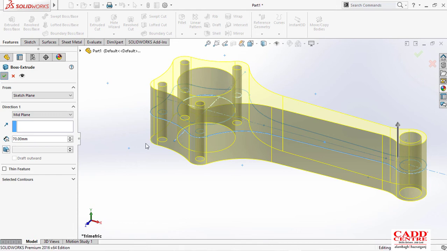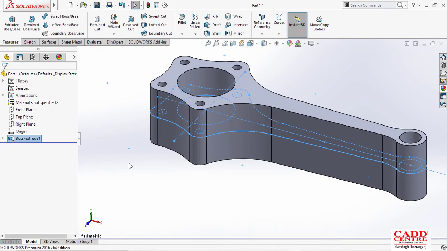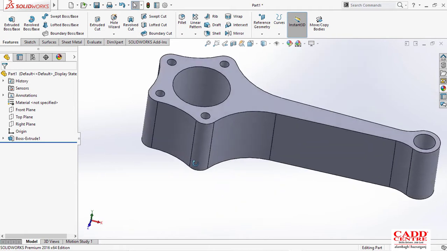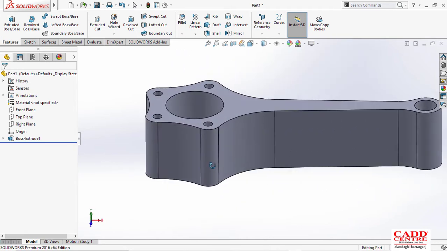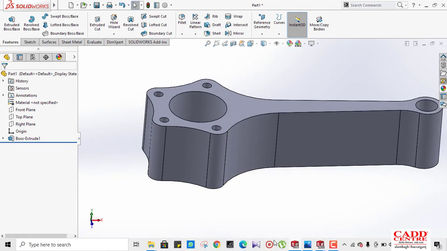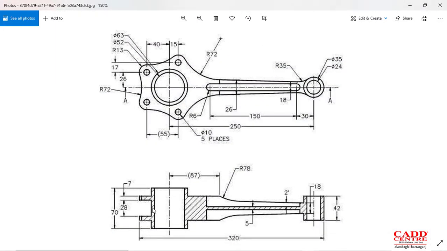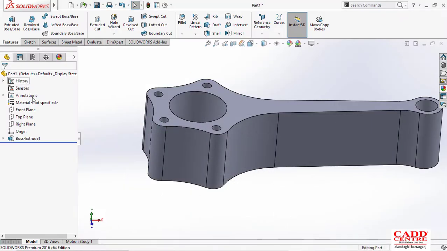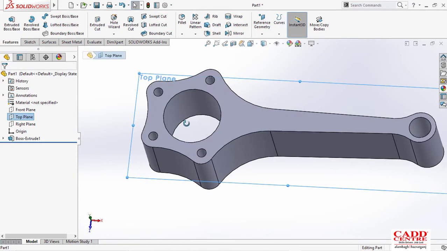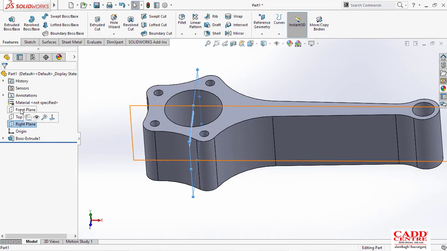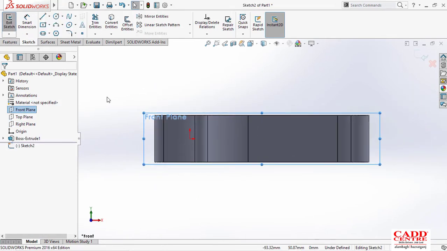Just click OK. So this is the final figure, as you can see, but it is not completed yet, because we have to make this cutting so that we get the final result. So I'll make that top plane, not top plane, right plane, not over front plane. We have to take the front plane, so make those cuttings.